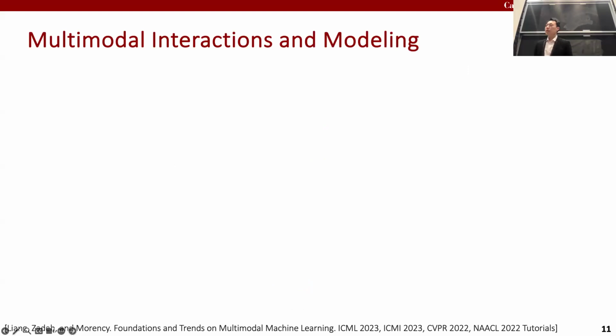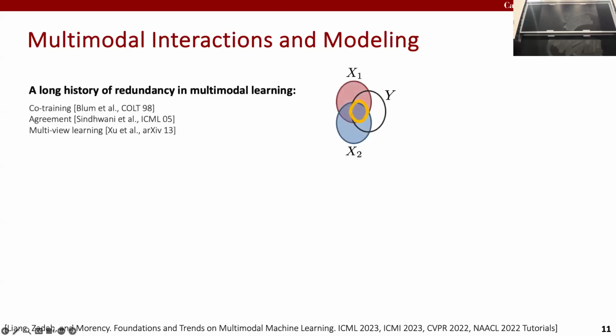Now, these interactions are quite intuitive, and in fact, they've inspired a long line of work in multimodal learning. And one particular interaction I want to highlight that has inspired a lot of work is that of redundancy. There's been a long line of work aiming to capture redundancy. So starting from early works in co-training, for example, that trains a classifier in one modality and uses that to pseudo-label data in the other modality, essentially keeping classifiers that only agree in how they predict on either modality.